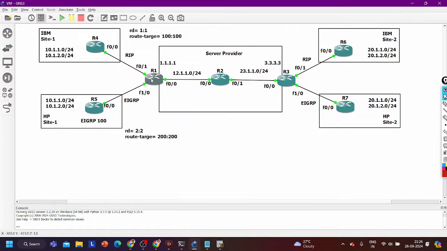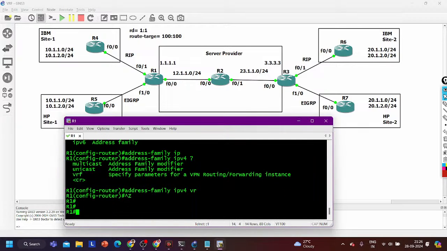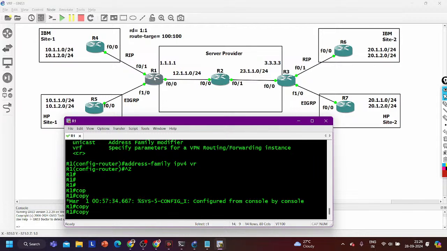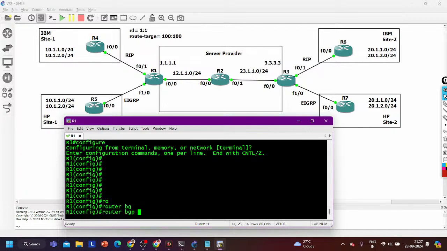We can connect the router to my local laptop. On the local laptop I can install the TFTP server, and then simply here I can run the command copy running-config to the TFTP server. Once I connect this router to the TFTP server, it will be reachable. It will be able to ping my physical laptop, and the TFTP server is there on the physical machine, so it can ping. Okay, say router BGP